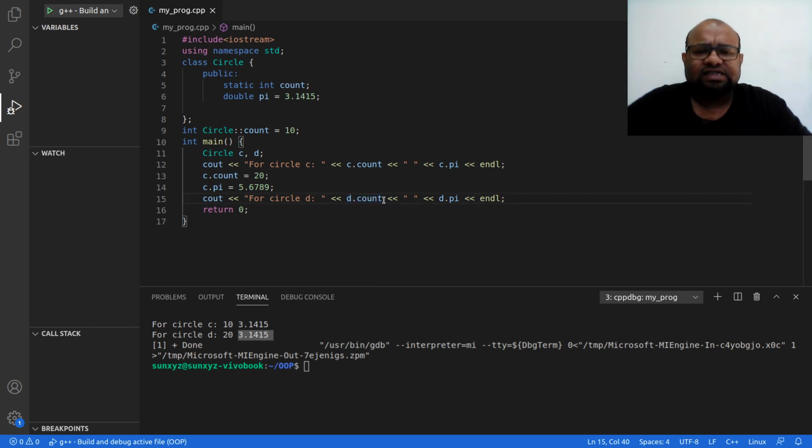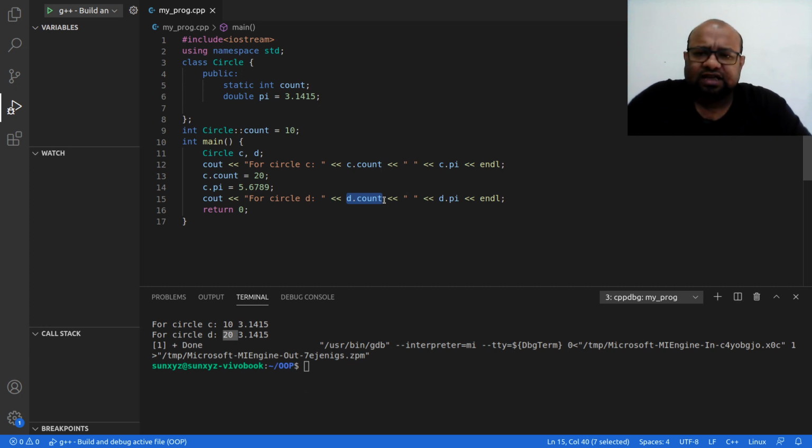So when I access d.count, I end up printing 20. Although I had updated c.count to 20, when I print d.count, I get 20, because c.count and d.count are essentially the same location in memory. These are static data attributes.